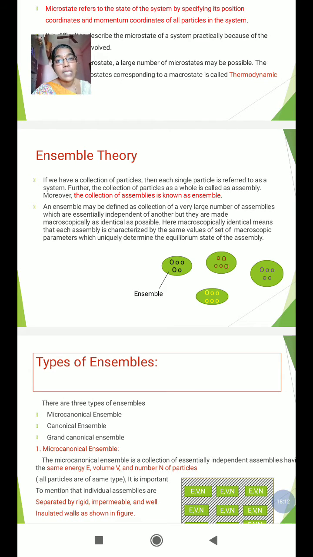But according to ensemble theory, how many problems are there? First 1, 2, 3, 4. 4 ensembles are there, which means 4 problems are there. So the total 21 problems reduce to 4 problems. Solving 4 problems is easier compared with 21 problems, isn't it? It is easy to solve 4 problems. So like this, statistical mechanics simplifies the difficulty in solving any number of systems. So that's why this ensemble has the application